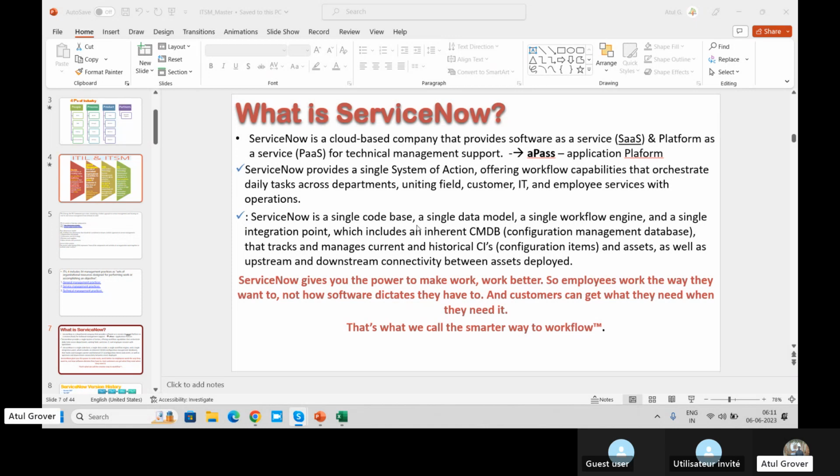Yes, it matters which release you're taking, but at the last it is a single code base, single data model, single workflow engine. All these workflows which are executed go to the engine only. Engine is nothing but a kind of hub, I can say, where they write the predefined code for when a user clicks on this, how this thing will run in the background.